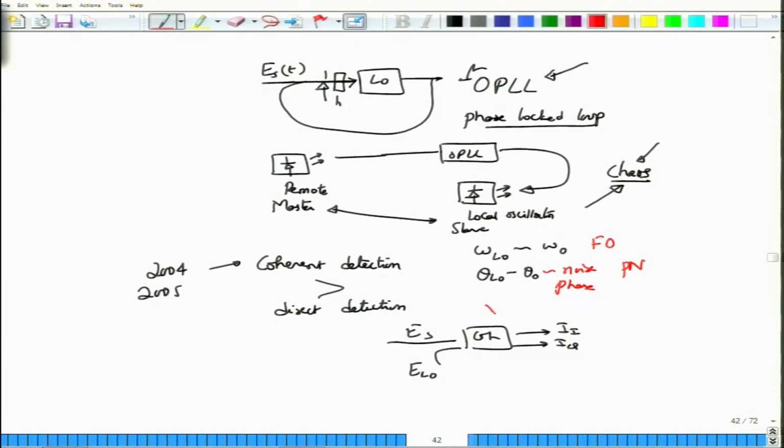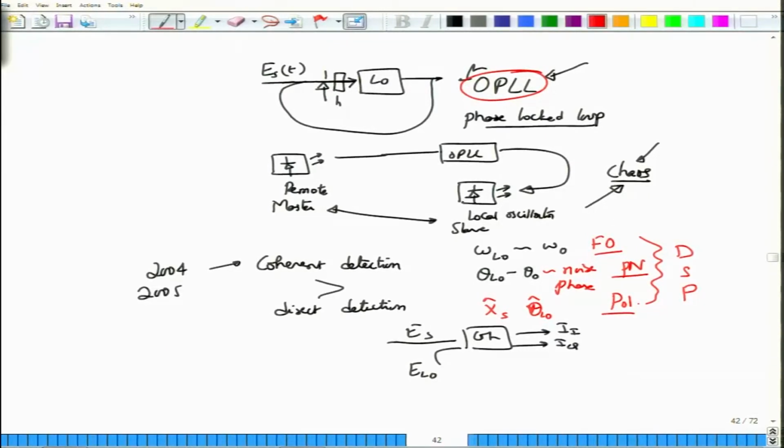It may also happen that the transmitter may be X polarized, while the local oscillator may not be exactly X polarized, but it may not be exactly Y polarized either. It may lie at some polarization and you want to tune the polarization. So, this is the polarization problem. All these problems that exist because of not implementing the optical phase lock loop will be handled by a block known as digital signal processing. There have been various algorithms that people have used in the wireless domain or in the traditional digital communication domain to address the problems of frequency offset, phase noise, and not exactly polarization, but similar to polarization.